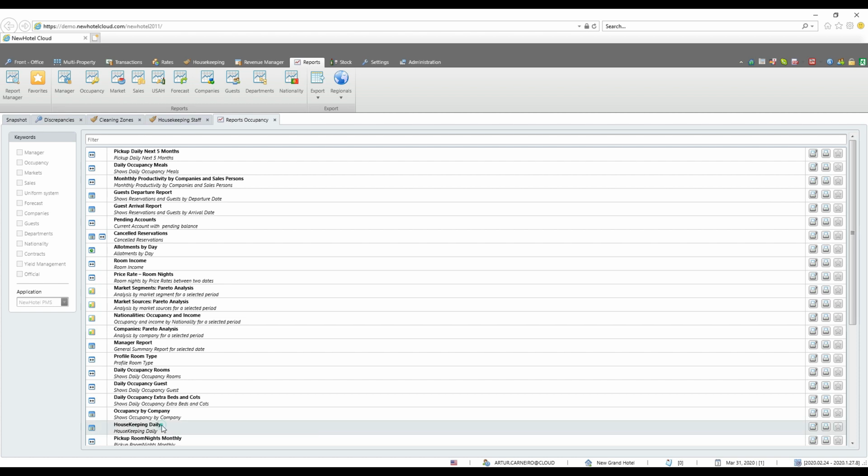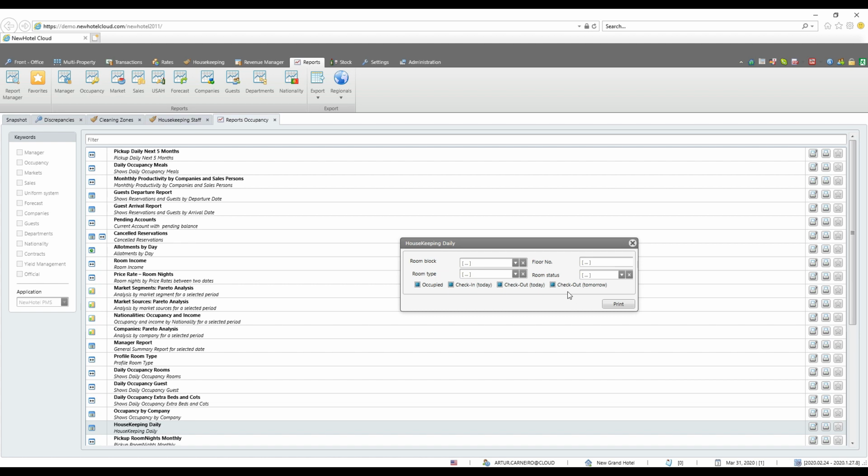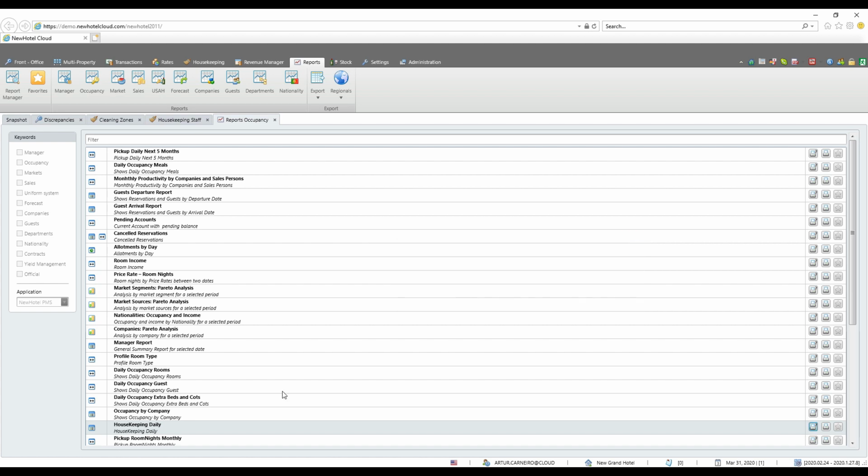We have here the Housekeeping Daily, and if I print, I have several options like the room block, the floor number, the room type, the room status. I can select to see only the occupied, the check-in today, the check-out today, the check-out tomorrow. I can combine these options like this, for example, selecting and deselecting the ones I want and don't want. But let's print